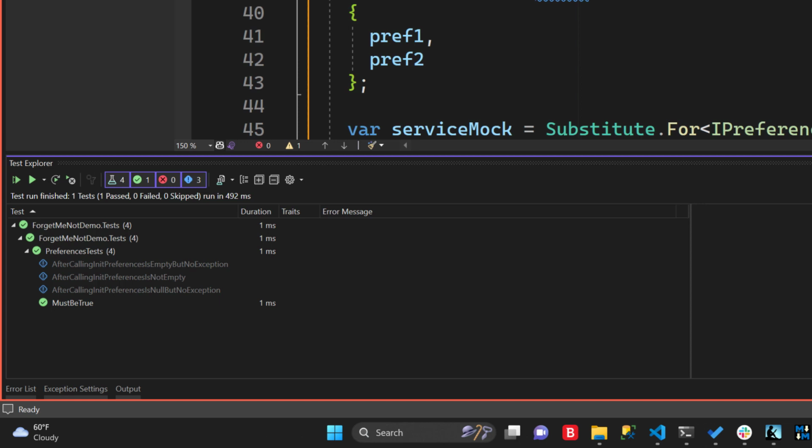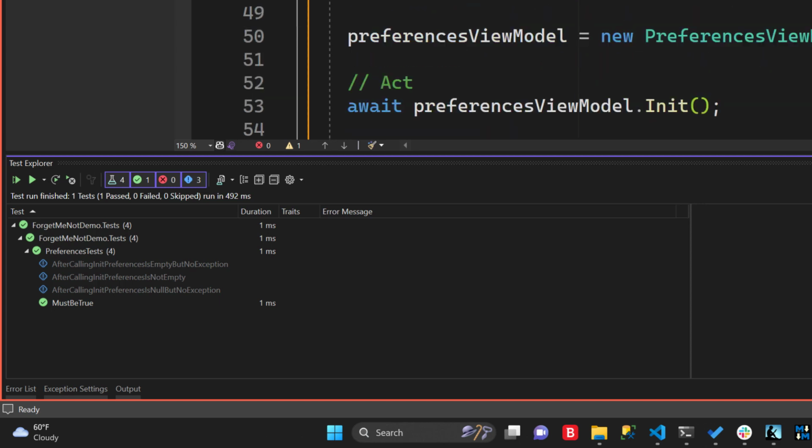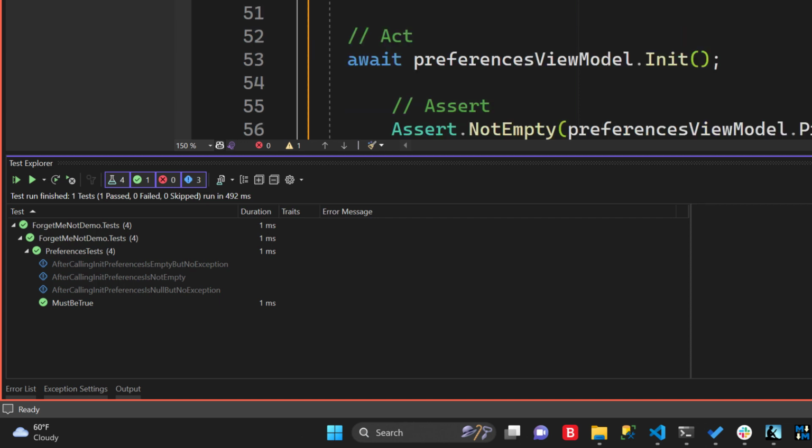In my case here, it's going to be MustBeTrue. We're going to click Run, which is going to run that test after it's built. Through the magic of video, I'm going to save you the time of watching this build ever so slowly. And it comes back and tells me that the test has been run and that it has succeeded